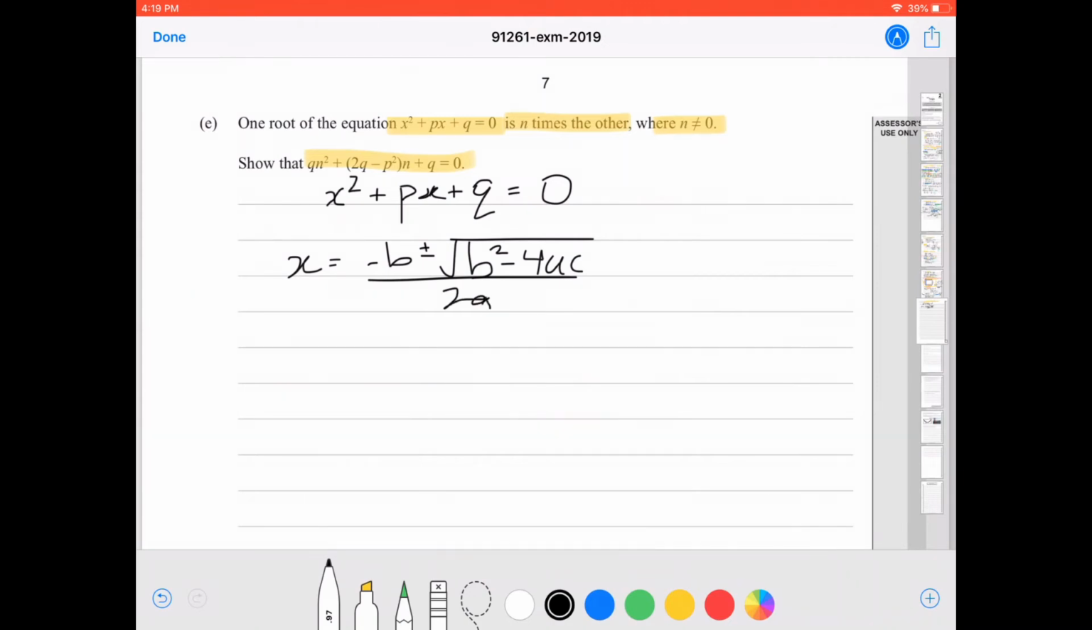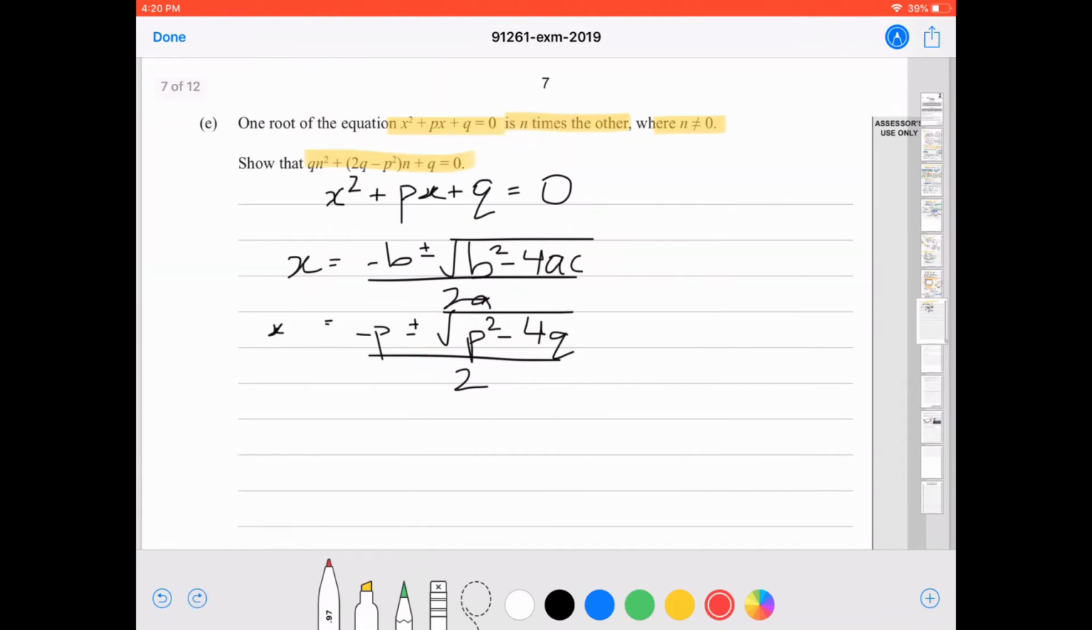So substituting in our values, we've got minus p plus or minus the square root of p squared minus 4. Now a is 1, so we'll just forget about it. c is q, so 4q. And 2a is just 2. So here we actually have two solutions for x, and we have two solutions because we've got this plus or